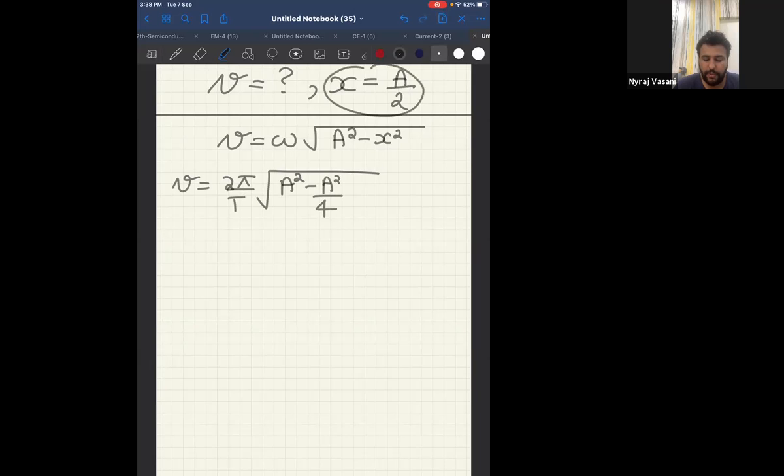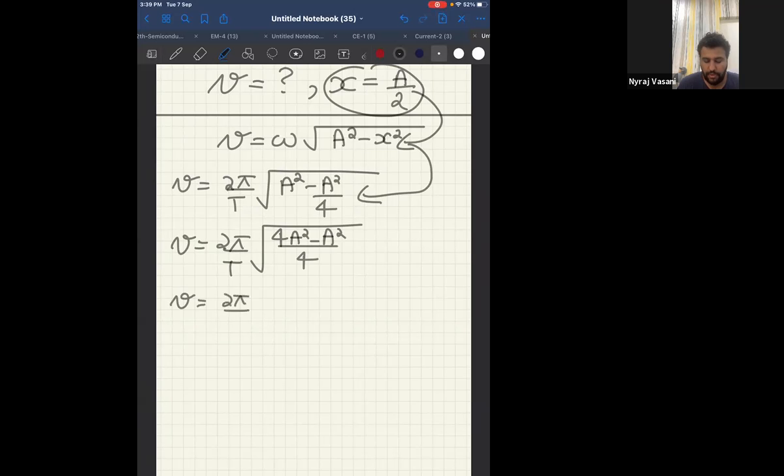Because x is equal to A by 2, x square will become A square by 4. Therefore, V will be equal to 2 pi by t square root of 4a square minus a square by 4, or V is equal to 2 pi by t square root of 3a square by 4,